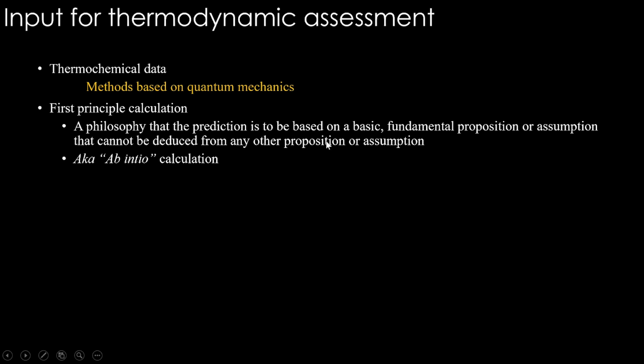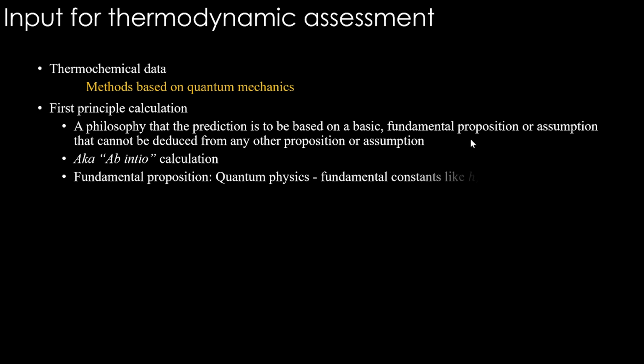Okay, if this is confusing, I'm going to break it down for you. What fundamental proposition are we taking, and what are the other propositions we are ignoring when we do the first principle calculation? What is this fundamental proposition that is so powerful that without anything else, only this can give all the properties that we are trying to predict? These fundamental propositions come from quantum physics. Quantum physics is the most powerful fundamental science we have, and with that we can explain everything in the universe except the things that can be explained by the theory of relativity.